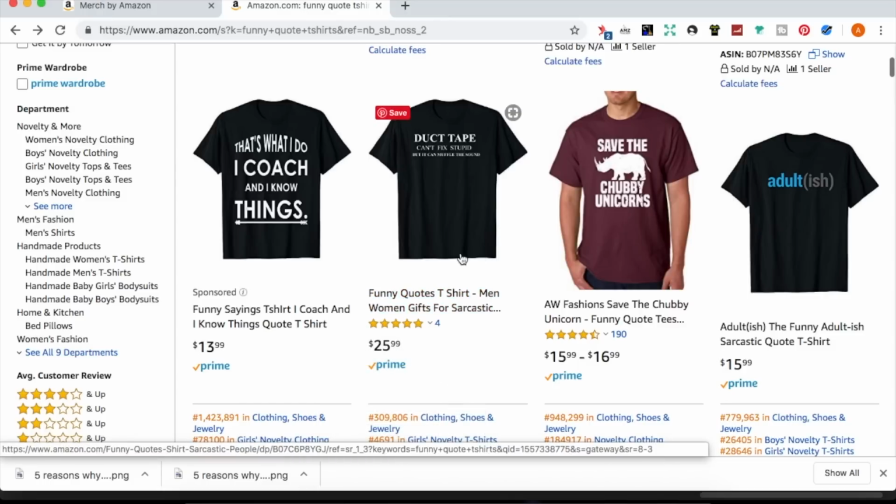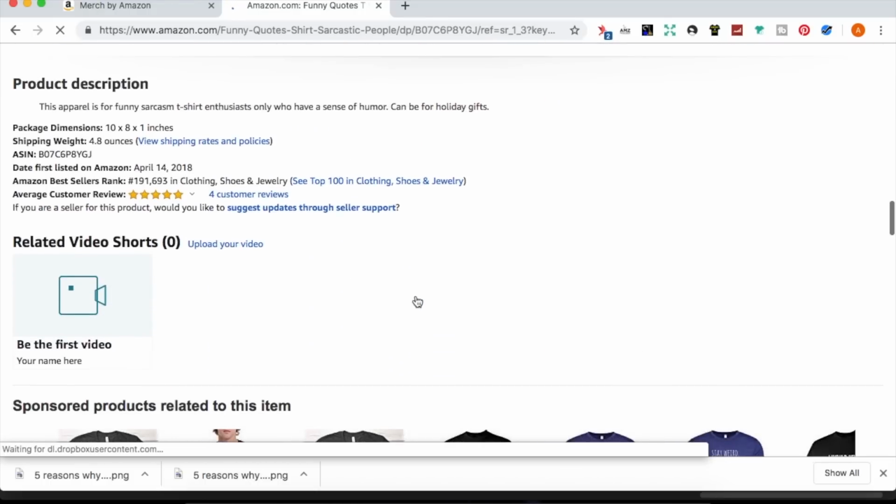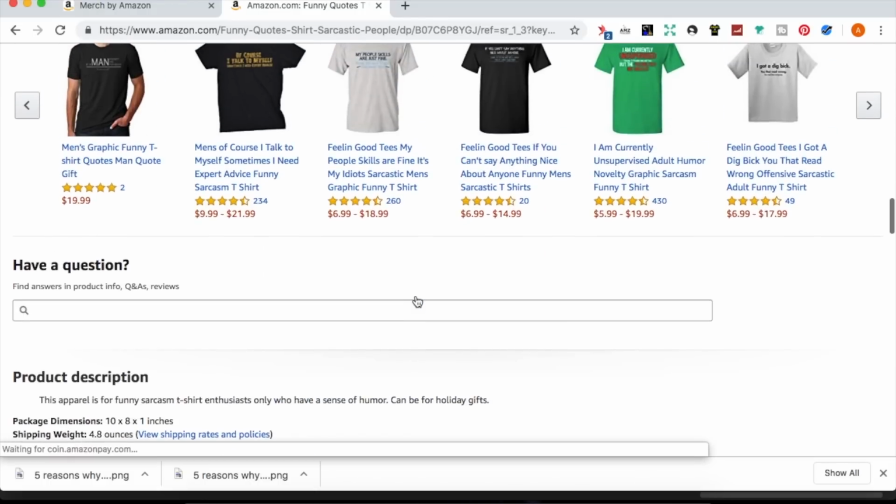Guys, you've got to prospect out here. There's ample opportunity to make money on this shirt. Now, they're probably in it for the long term, the long haul. Let's go in and spy on this shirt just a little bit and see what the sales history